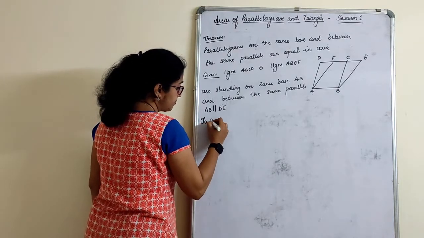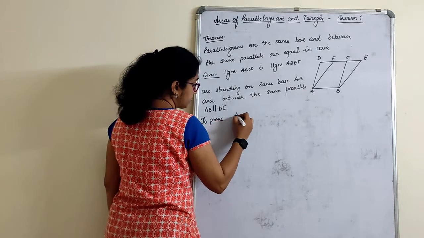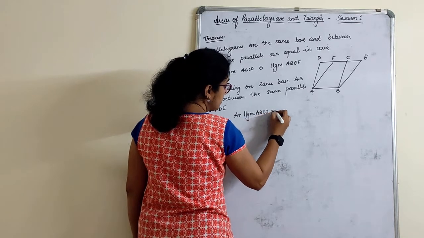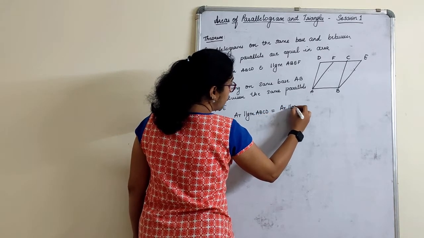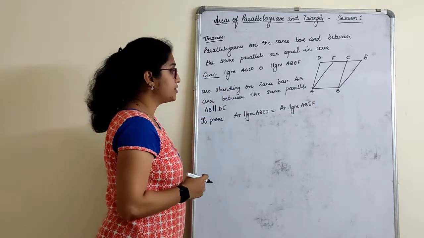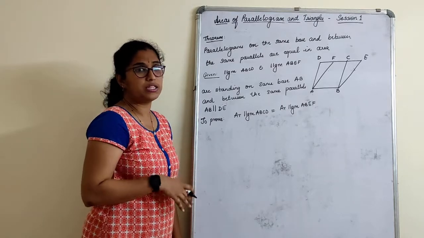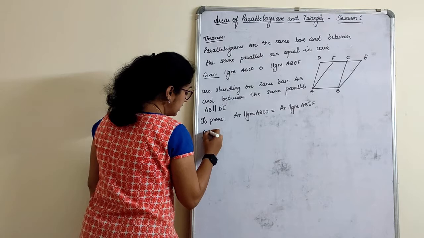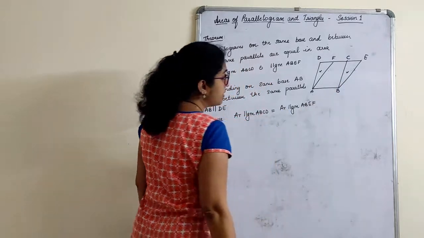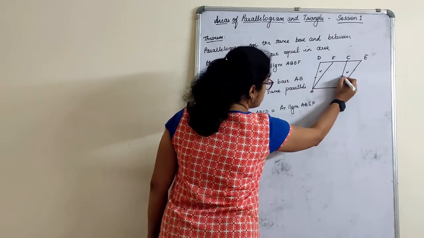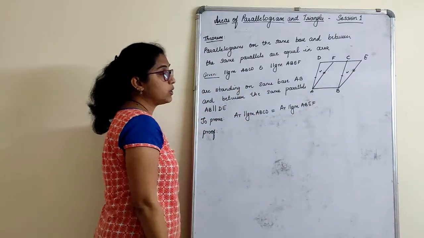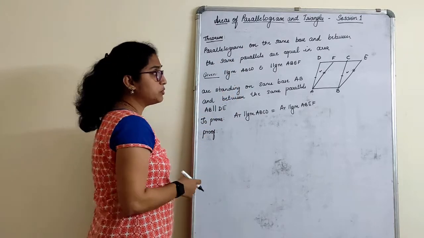To prove: area of parallelogram ABCD is equal to area of parallelogram ABEF. To prove this, first of all, children, we use congruency concepts only here. No construction, directly we'll start with the proof. If you have to choose congruency, I need two triangles. Before that, let me do the markings. This side of the parallelogram is equal, and this is another parallelogram side which is equal, right? That side I have not marked because I don't require that.